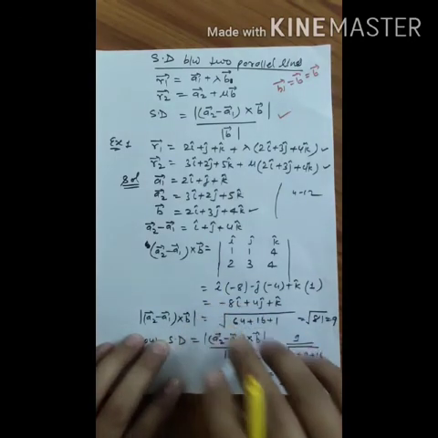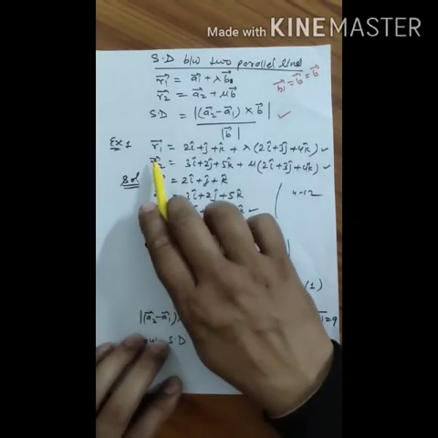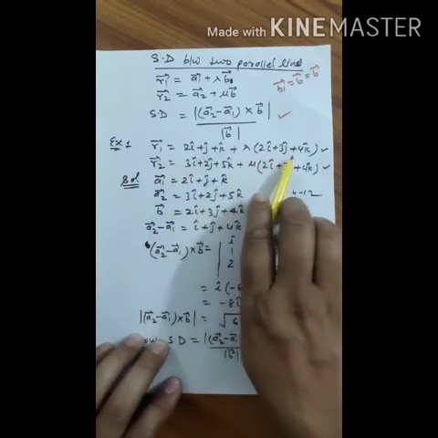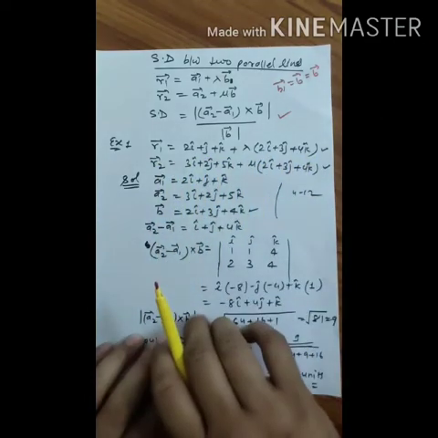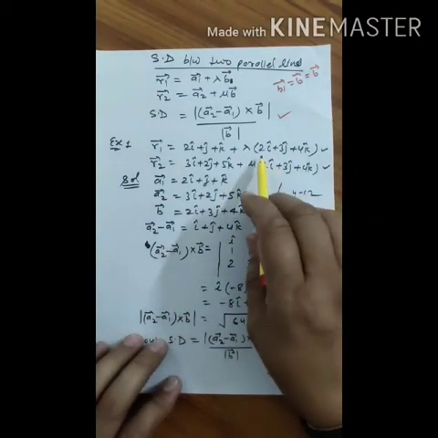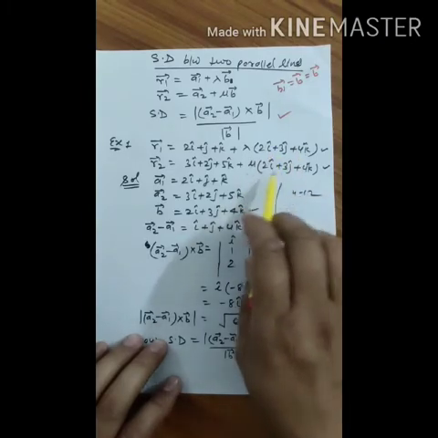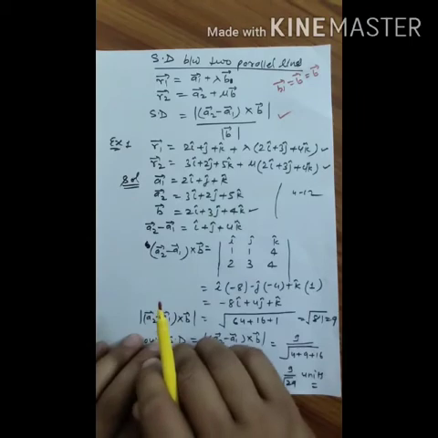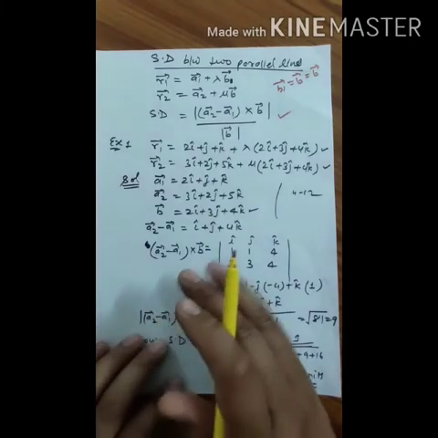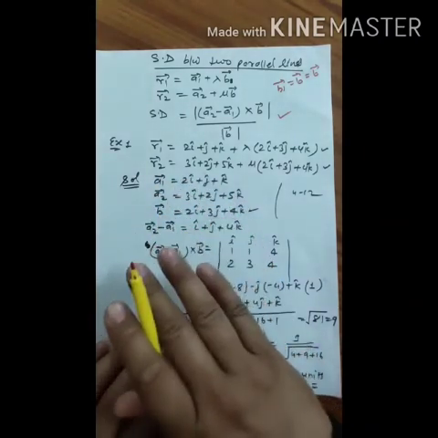Now this topic will be more clear by taking an example. We have two lines, r1 vector equals 2i cap plus j cap plus k cap plus lambda times of this much, and r2 is this much. These two lines we have, and please pay attention here. The direction ratios of both lines are the same, right? So this shows that the lines are parallel. It will not be mentioned in the question that the lines are parallel. The question is given simply as: find the shortest distance between the lines. You have to identify whether the lines are parallel or not.